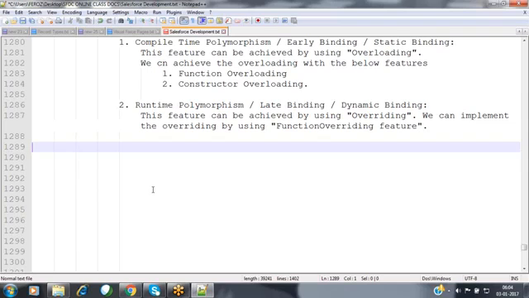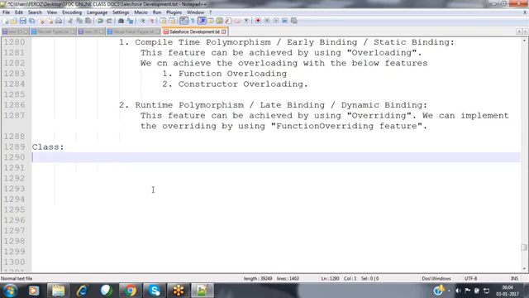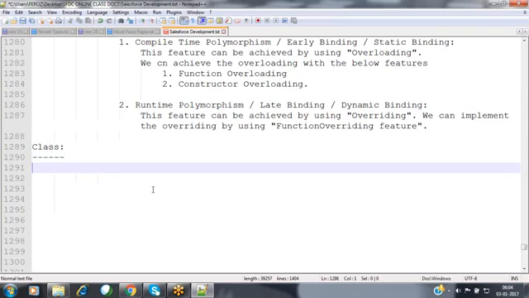Now, let's see how we can create this class and how we can define the class. What are the various things available upon defining the class? We'll see practically here. The first one, class. What exactly is a class?